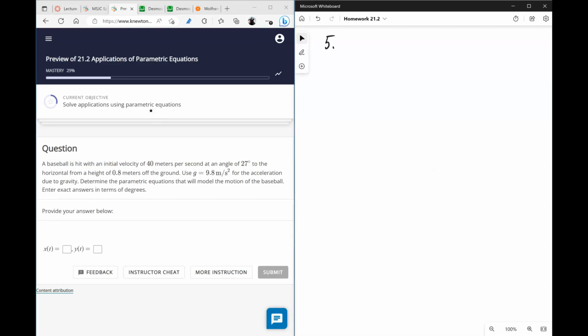This time I'm just going to start writing the equation. If you're not comfortable with that, then go back and review problems 1 and 2. But x of t will be equal to x0 plus v0x times t. So it's going to be, in our case, 0 plus